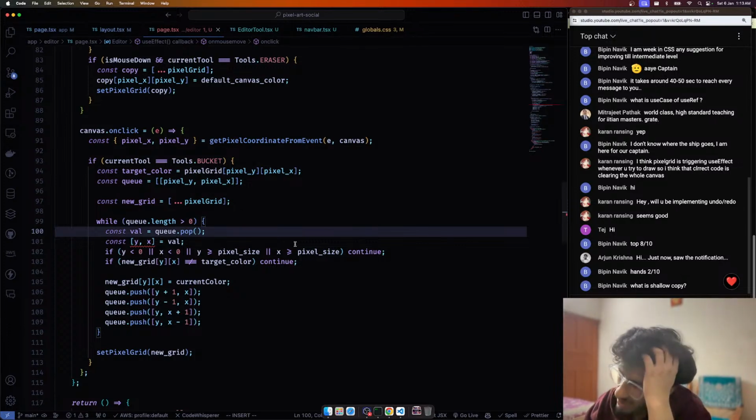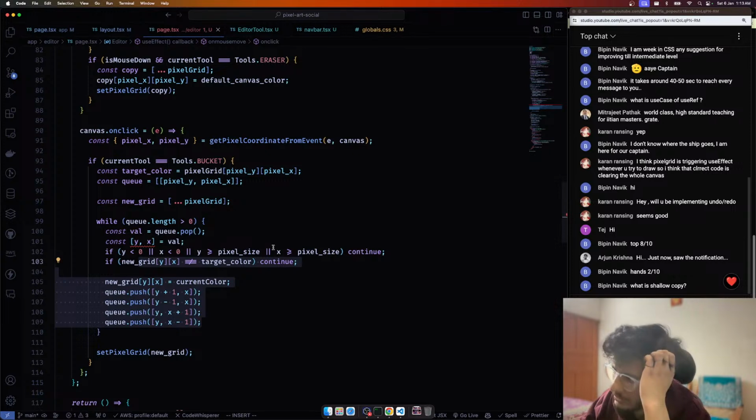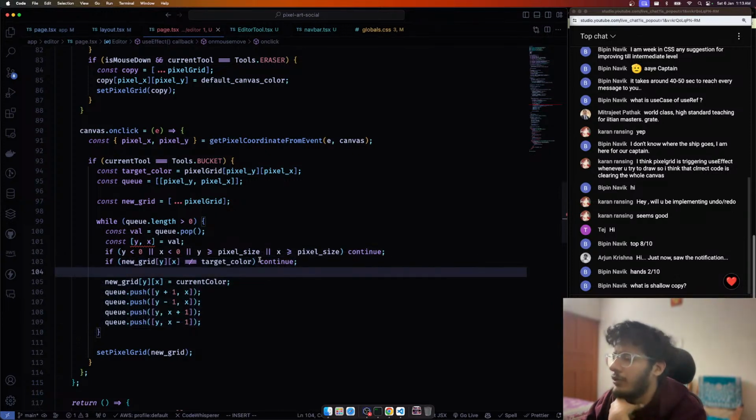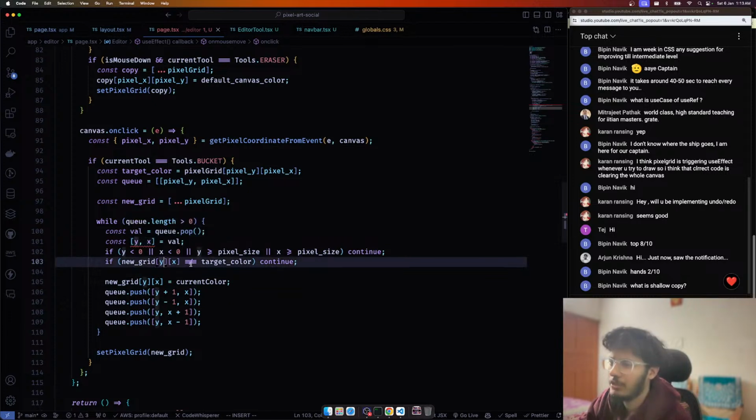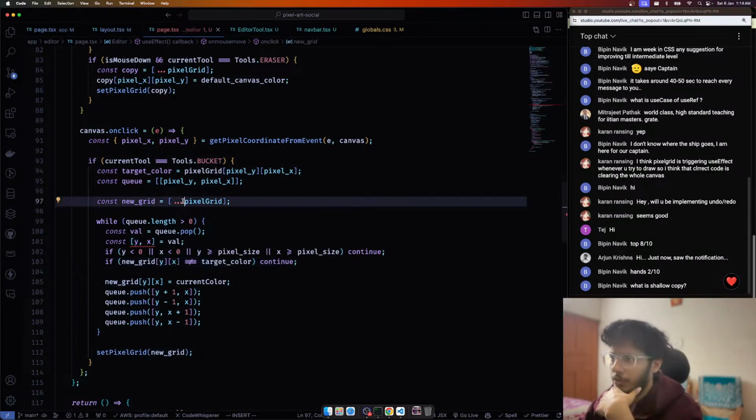Is it even working? So what do we do? We just keep pushing it to the queue until this condition is met. So if this is not the condition, then, how should we do it? How should we go about this? I really don't know. Type number undefined is not an array type, but this shouldn't be an issue, right? So this is new grid where we copied the previous grid,